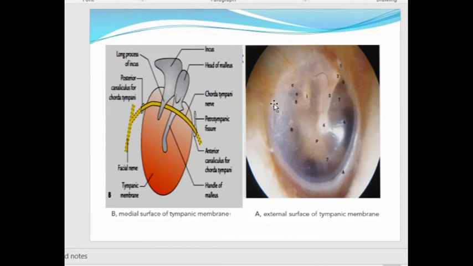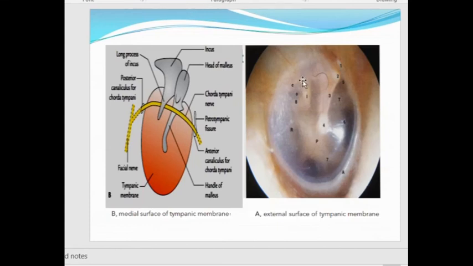imaginary division of the tympanic membrane by two lines, one horizontal across the umbo and one parallel or in line with the handle of malleus. So the tympanic membrane will be divided into four quadrants: two anterior, upper and below, and two posterior, below and